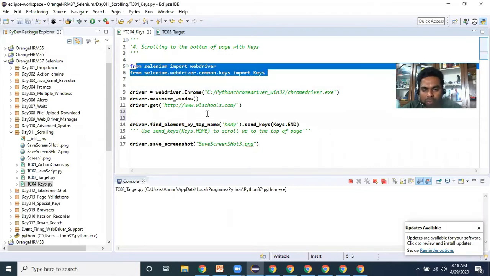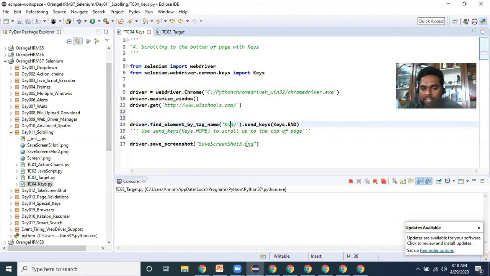Okay, so body is in any HTML page which contains a body tag. In the main body tag, all the lines of code the developer writes go. In any HTML page, there is only one body tag. So first of all, I'm identifying that body tag and I'm writing this predefined line, which you can write in any web page, so that scrolling will be done automatically to the bottom of the page.